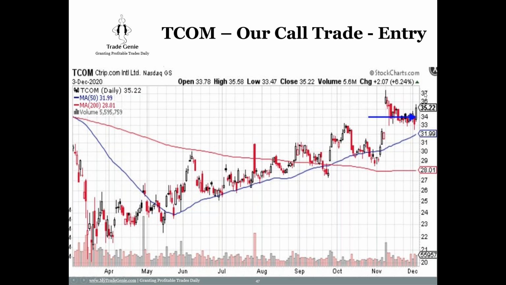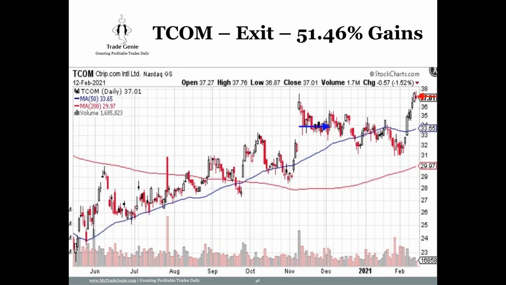So you see the date, 3rd of December. We entered at 34 based on this move, a lot of red days, no white day. And then suddenly we saw this. It's the same formula. So we applied the same formula and got stuck.